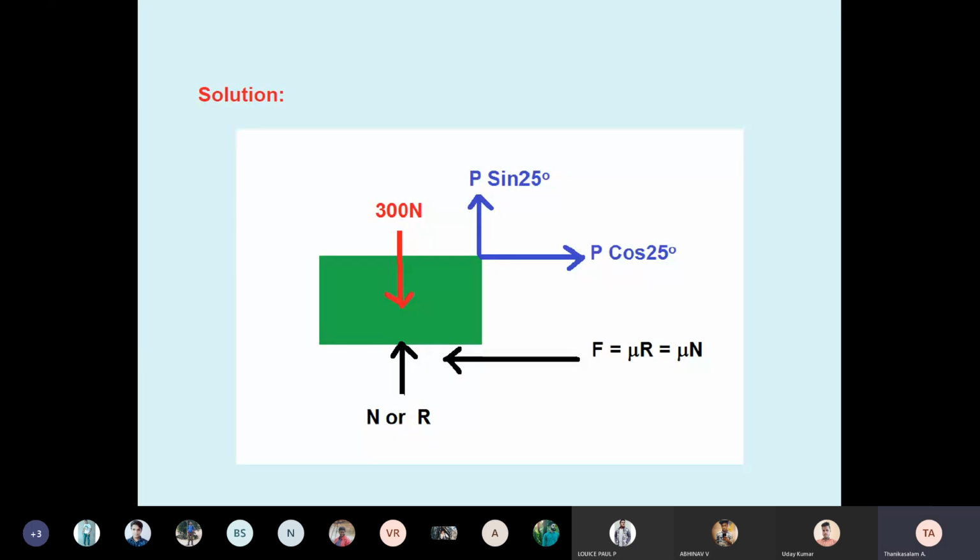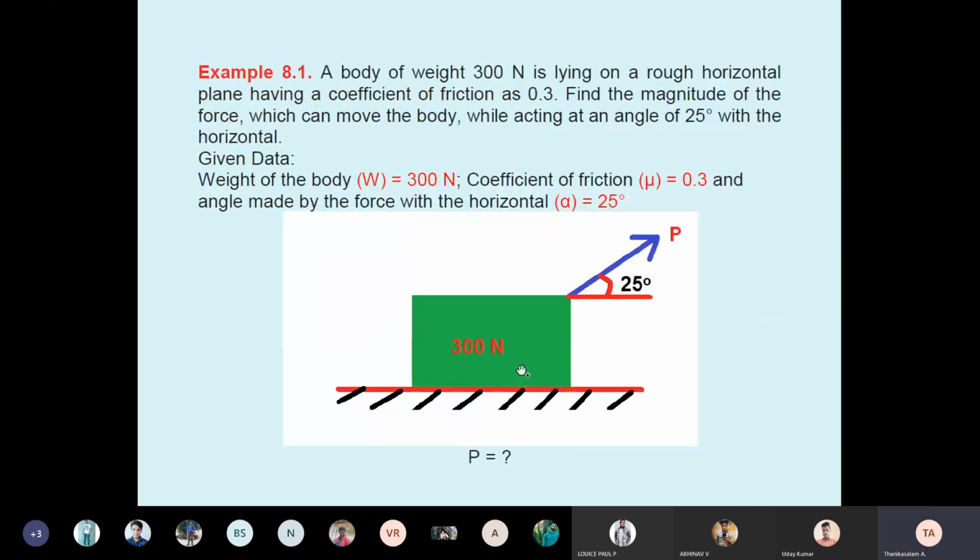So definitely the friction you take as the right side. Why right side? Left side? Because P is the right side. P cos 45 is the pulling force, right side. Pushing force, P cos 45, right side. Therefore, friction is left side. Are you clear? This is very simple, no? The given statement, they will draw the diagram.